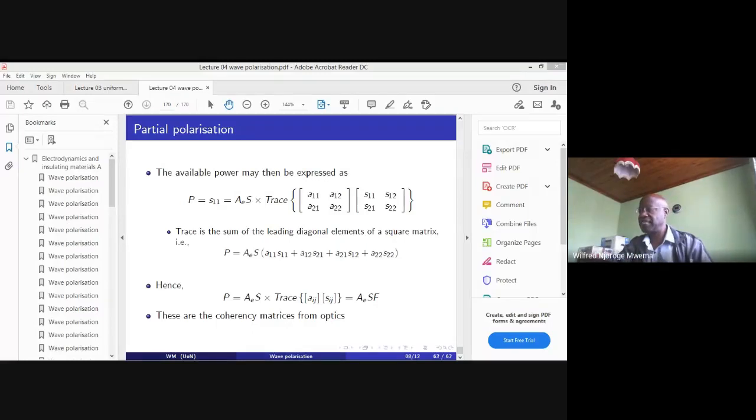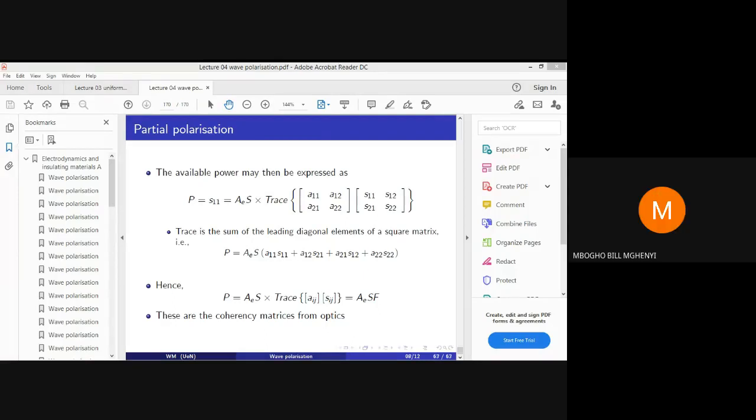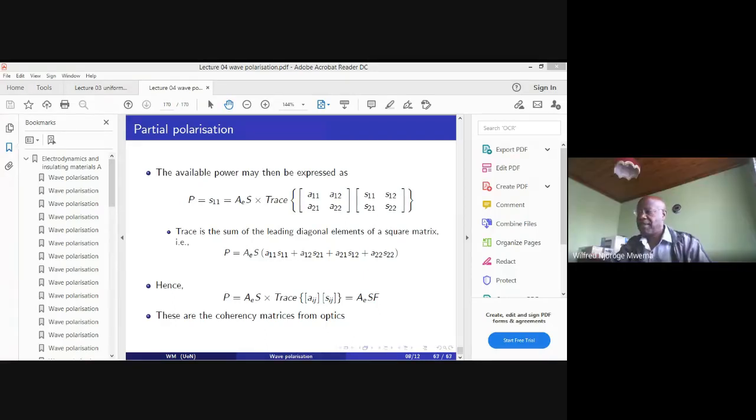So the total current that appears in Ampere's circuital law is given only by J sigma, which we just call J. J sigma is the conductivity multiplied by the electric field. So J plus d/dt of D now becomes sigma plus j omega epsilon, in brackets,